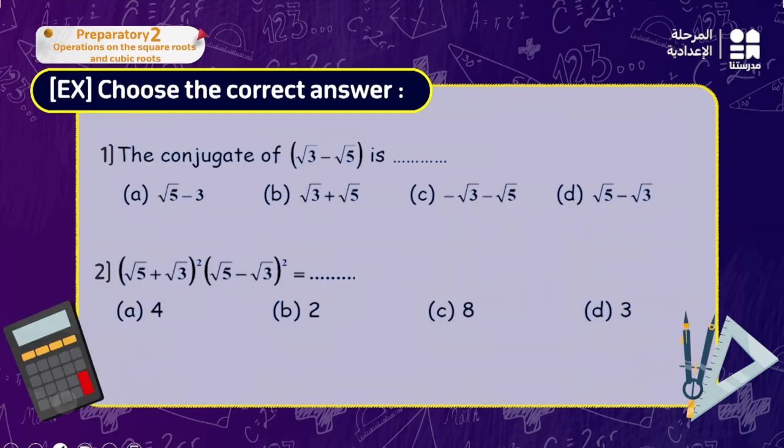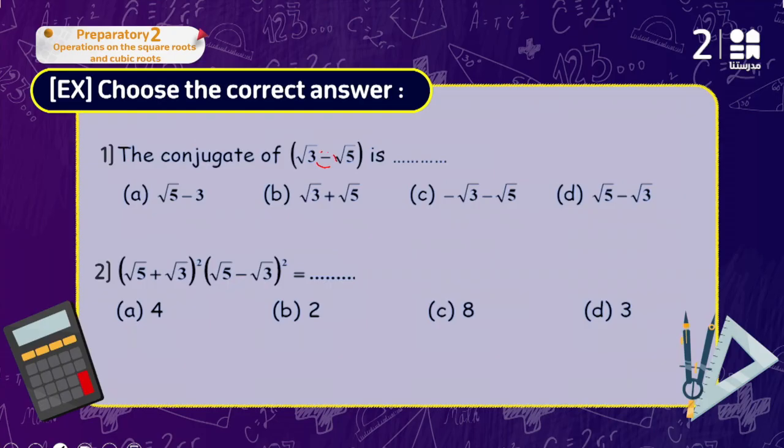اوكي يلا بينا نشوف نقدر نستغلهم ازاي. Yes, بيسألني هنا بيقول لي the conjugate of this number, the conjugate of root 3 minus root 5 or square root of 5. What is the conjugate? Yes, the conjugate will be root 3 plus root 5, and the answer will be the letter B. اتفقنا كده؟